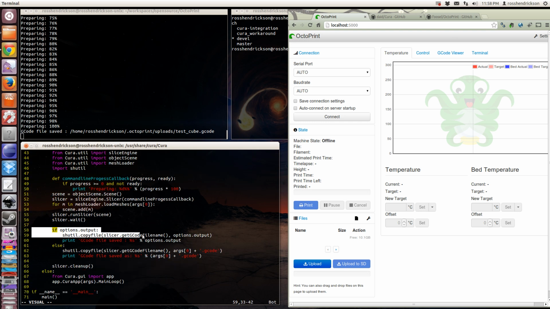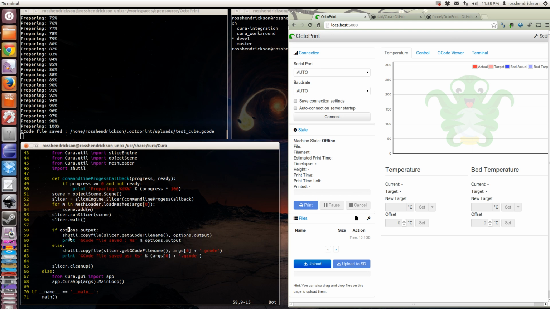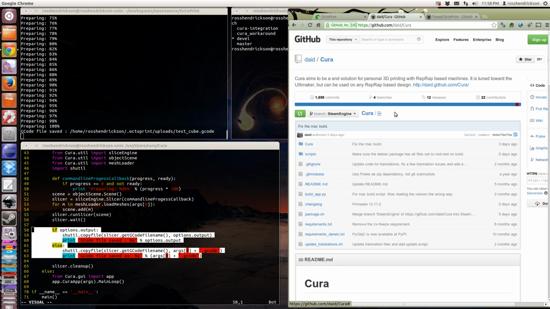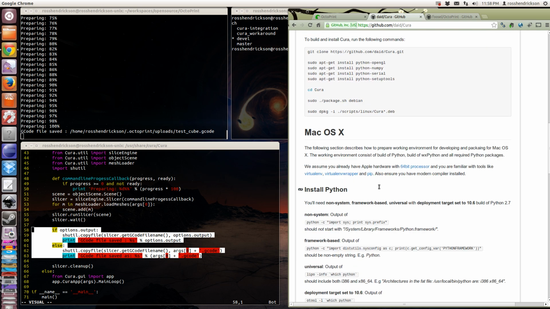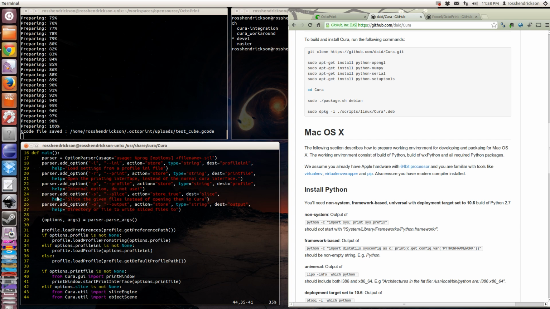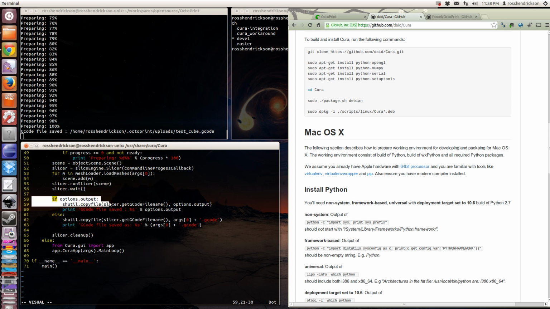And then what happens is that inside of the slicing, when it's running from the command line to slice, it actually will copy over the temporary file to the actual desired file, which allows us to put it where Octoprint can actually read from it and show it up in the UI and all those types of things. So my patch does this. Now there are two different ways you can do this. You can either go to Dade's repo for Cura and do all the install and setup, or you can install Cura normally and just open up this file and copy these lines over to this file right here and right here,